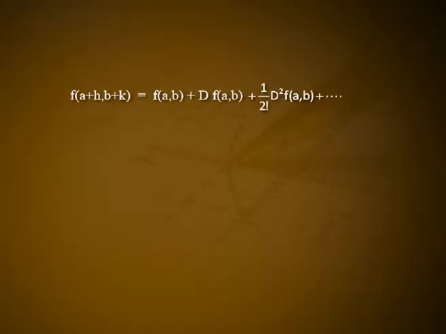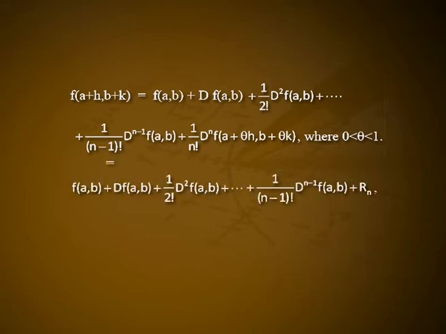f(a+h, b+k) = f(a, b) + Df(a, b) + 1/2! D²f(a, b) + etc. + 1/(n−1)! Dⁿ⁻¹f(a, b) + 1/n! Dⁿf(a+θh, b+θk), where 0 < θ < 1, which is equal to f(a, b) + Df(a, b) + 1/2! D²f(a, b) + etc. + 1/(n−1)! Dⁿ⁻¹f(a, b) + Rn,